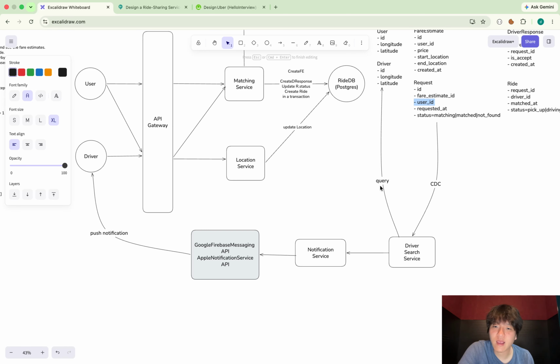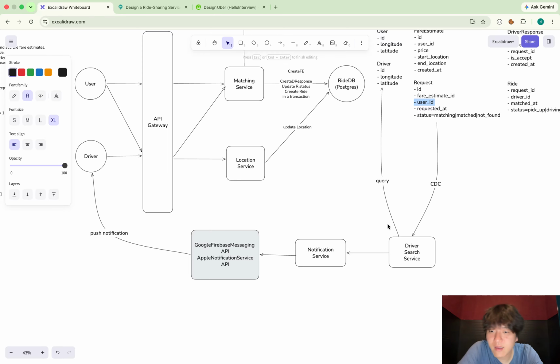Let's say it gets 100 drivers. And then this driver search service, one by one, sends a push notification to the driver. But there are some problems here. I think this idea works, but the problem is,